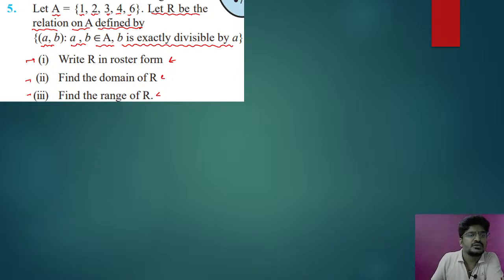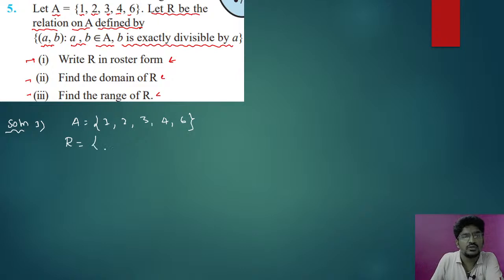So see this. For the first problem, write it in roster form. What is A? A is {1, 2, 3, 4, 6}. What is R? R is equal to the ordered pairs (a, b) such that (a, b) belongs to A